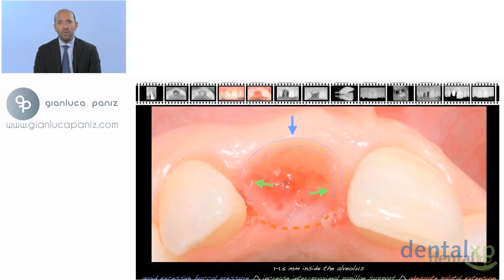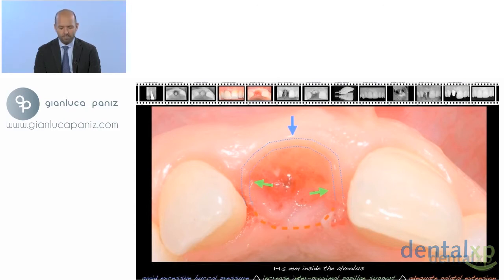The only difference compared to the ovate pontic on natural dentition without an implant underneath is that we are going a little bit less deep in the alveolus and a little bit less compression is given to the connective tissue graft, because this is planned with only about 1 to 1.5 millimeter depth